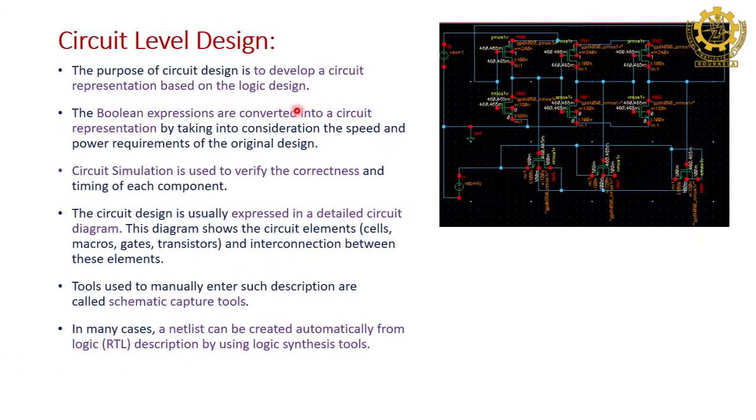If it is DC analysis, you give a DC voltage source. If it is analog AC analysis, you can give an AC voltage source. This is a schematic capture of the Cadence Virtuoso tool. This is a small number of transistors, and this diagram represents an analog design. In analog design, you pick the components, put them inside and make the connections, then do the simulation to observe the functionality. Power you can also observe, and area also, but area will come after the real layout. Here only area, power and functionality can be checked.